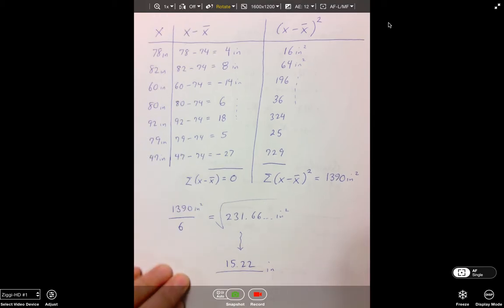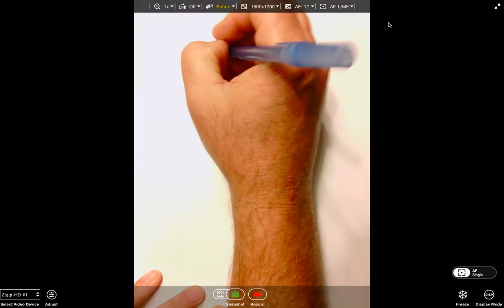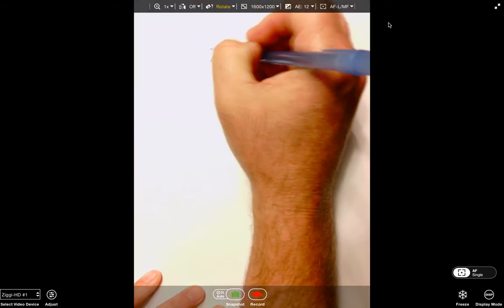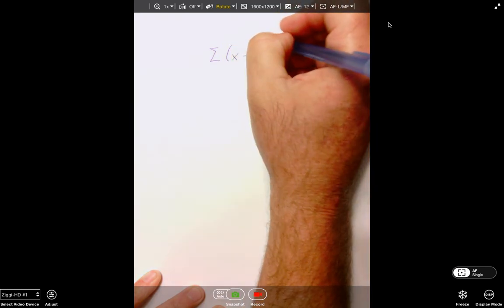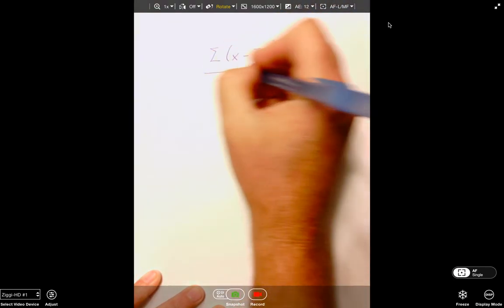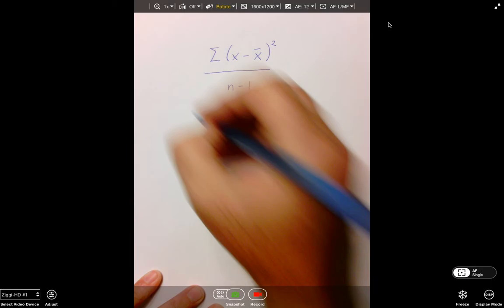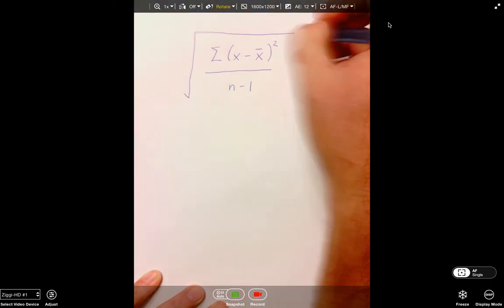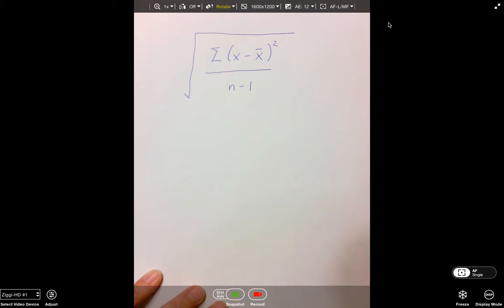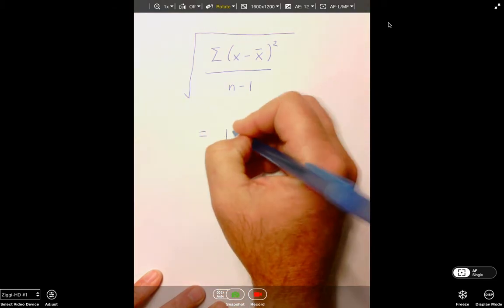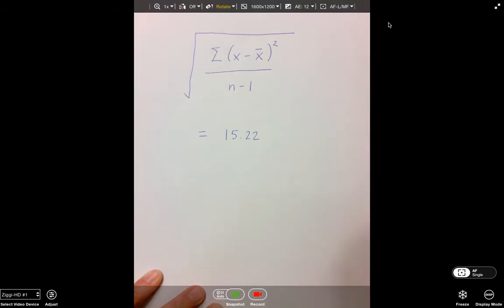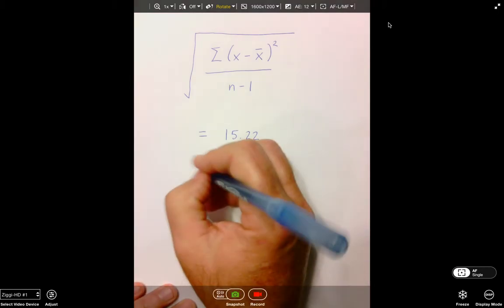So guys, what have we done here? We have seen that we can take the sum of these deviations, differences squared, divide not by n, but by n minus 1, take the square root of that, and in our problem we ended up with 15.22. Well, guys, this is probably the most important measure of center that I will teach you, and this is called